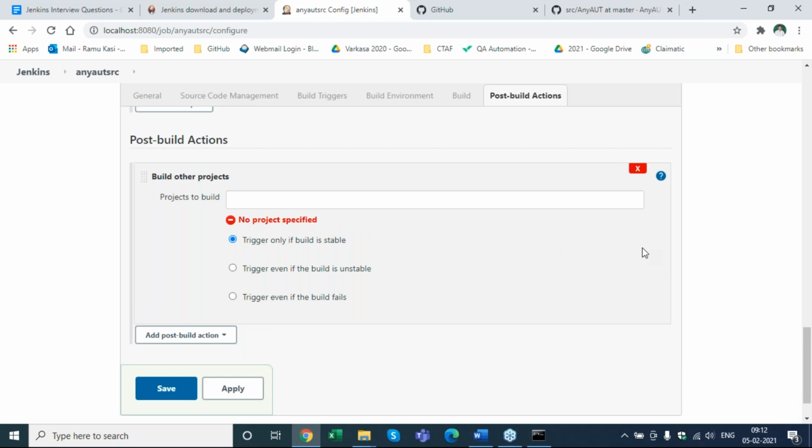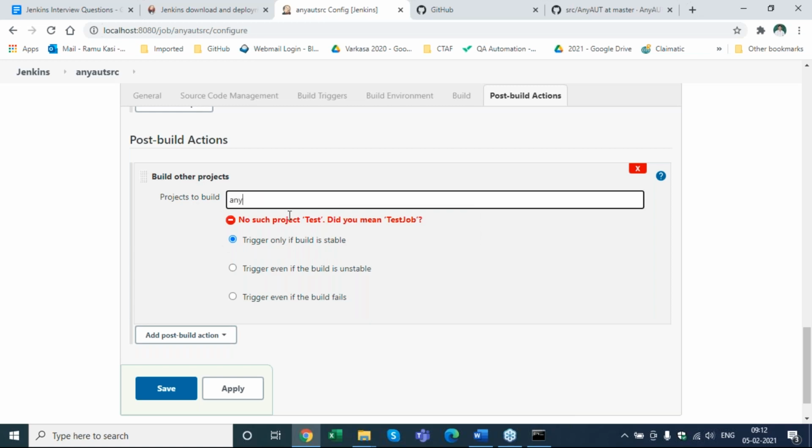Take your mouse there. Start, just write something. There you go. See, when I start typing, all your jobs will get listed here, whatever you had in the initial job screen. And you can select the job you want to run after this. And now look, you can not only say what happens during a successful build, but also on a failure of a build. Look at those three options below it, Ramu.